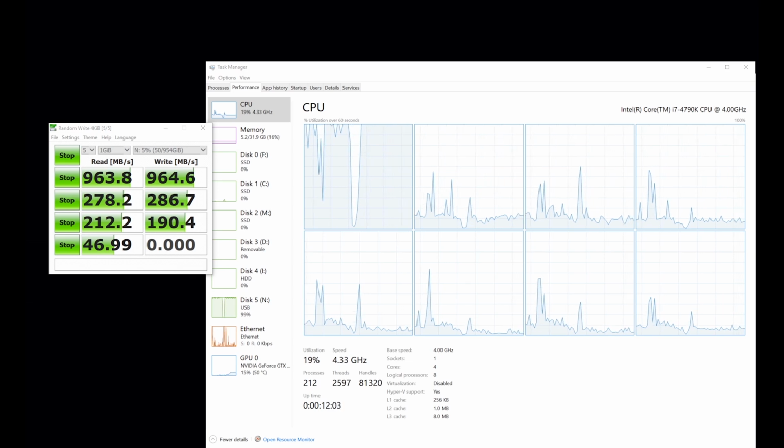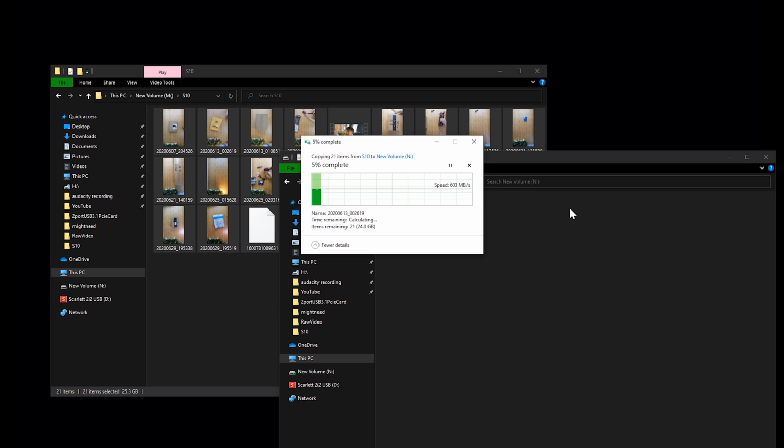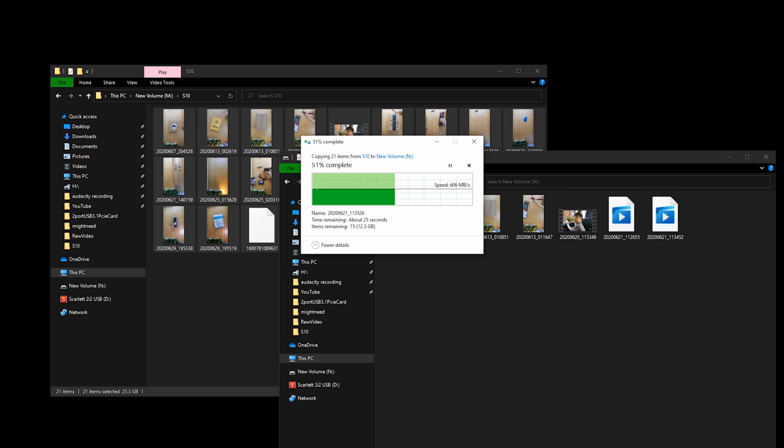In the real-world file transfer test, the max speed is about 600 megabytes per second, which is not quite impressive. Again, USB most of the time cannot reach the maximum speeds, just like your internet provider. Especially USB Type-C, there are so many factors that bottleneck the performance, such as the cable quality, the drive, the controller, the connector, sometimes even the CPU if you test the random speed. The purpose of this test just proves the add-on card is capable of the USB 3.1 Gen 2 10 gigabit speed